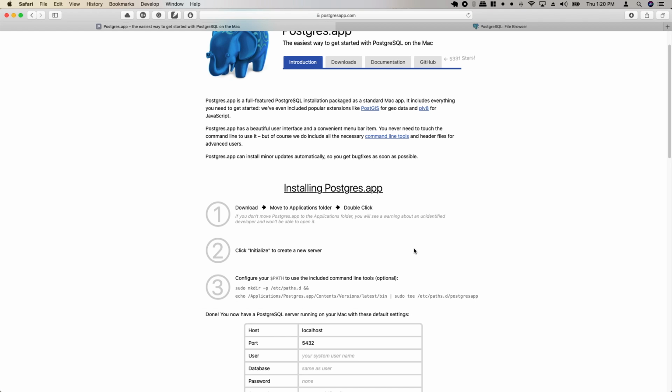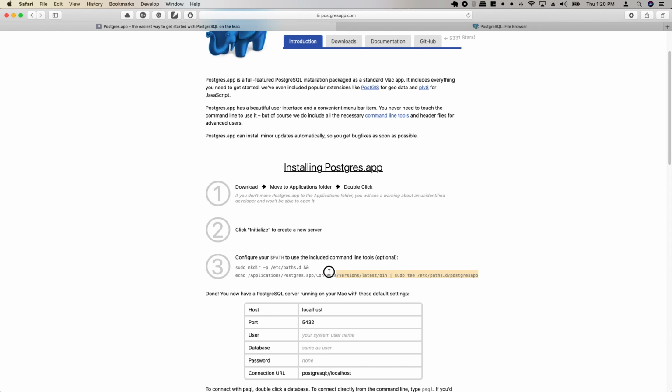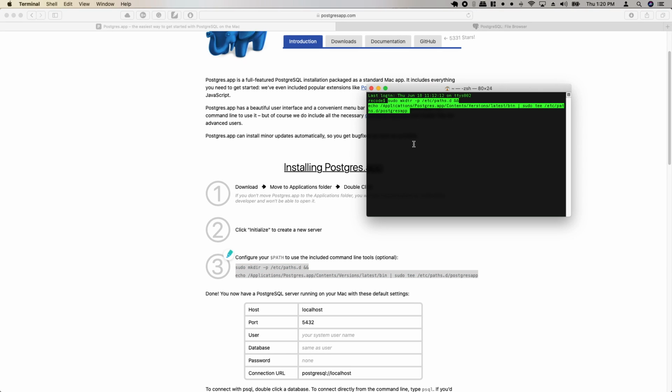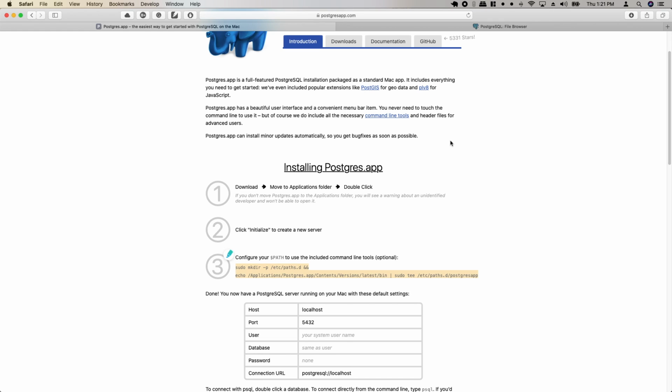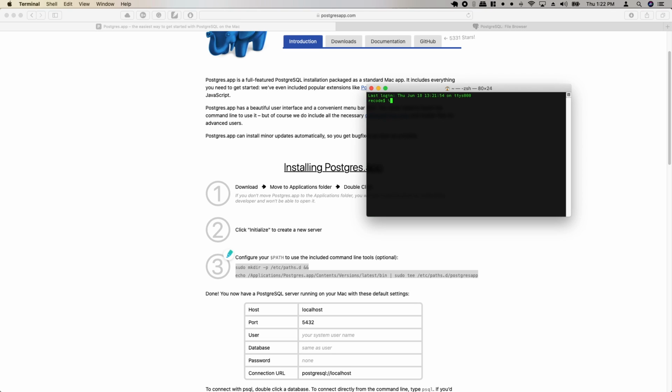While if we run Postgres from the terminal, we need to add it to the terminal profile by using a sudo command. So open up your terminal and just copy and paste this command. As we are using the sudo command, we need to add our login password. Now we need to close our terminal to use Postgres. After reopening, we just need to type the psql command inside the terminal and Postgres will connect to our terminal.